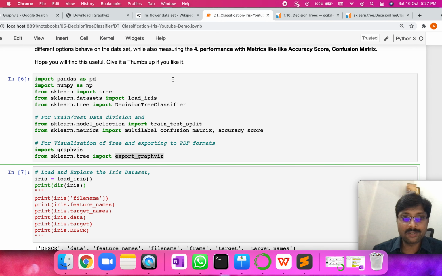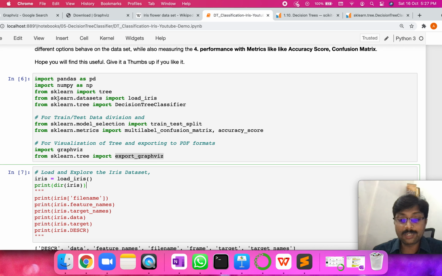The first step is to import the required libraries. As we know, pandas and numpy are the key libraries for reading the data and data pre-processing. If you have installed the Anaconda distribution, these two libraries come with it. They are very useful for data science and machine learning as prerequisite libraries. Then the actual implementation of the algorithms is done by sklearn, which has implemented different types of algorithms. Decision tree classifier is one of them, and it also has datasets.